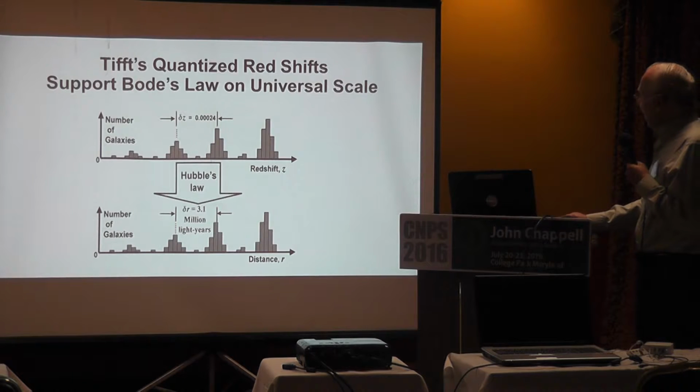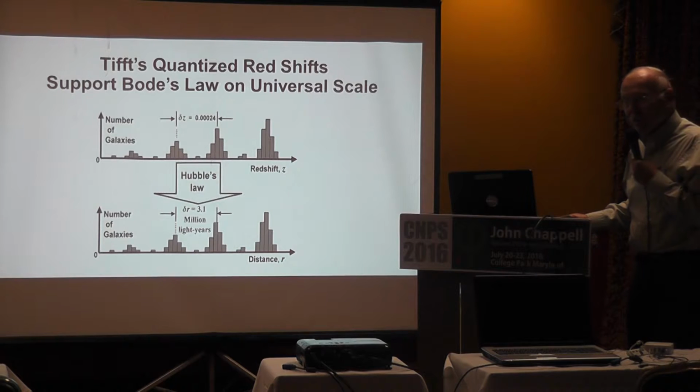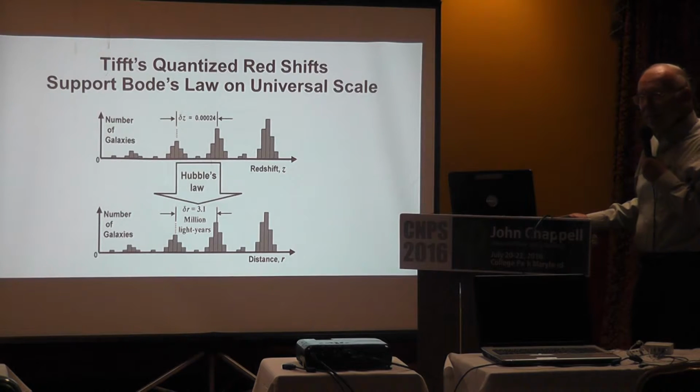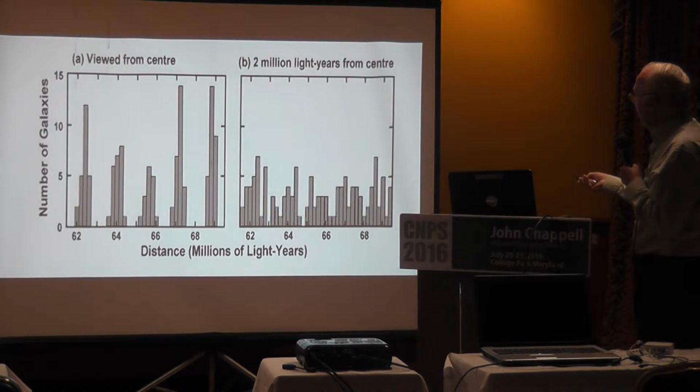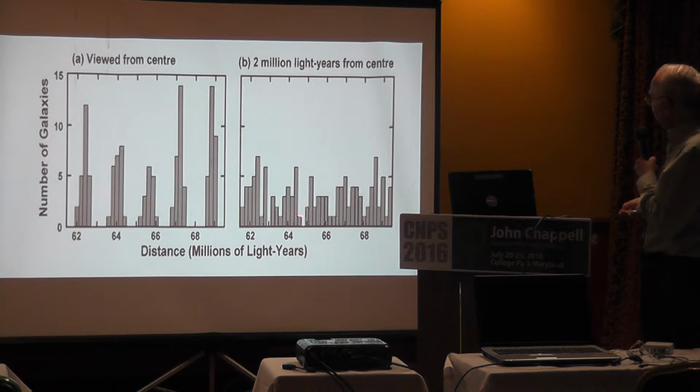Now, it turns out that Bode's law actually works on the universal scale, if you know where the center of the universe is. And so, Pete Tift is one of the first that did the analysis of that. If you want references to his work, it's in my book. And basically we're on the Earth, and we're 2 million light years from the center of the universe approximately. And he's counting the number of galaxies that are observed in terms of distance from the